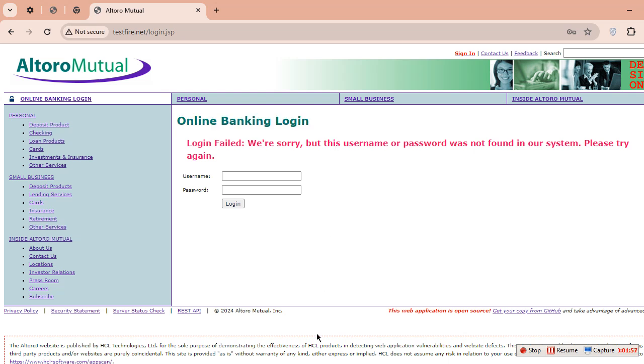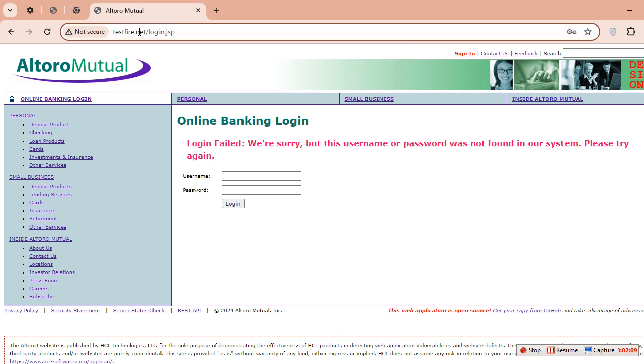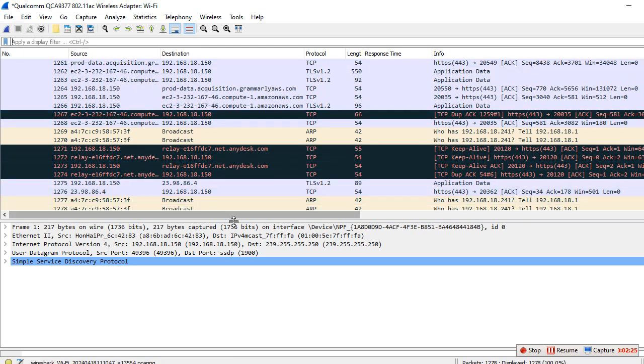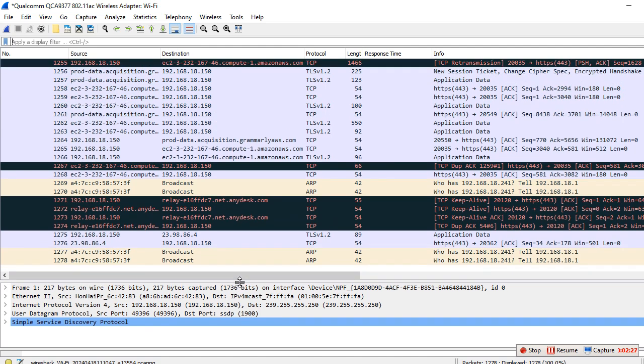Okay, now we can check whether somebody in our network is using this site, which is HTTP and not secure. If somebody is trying to access any website and its credentials using a username and password, we can capture it. Now we can come to Wireshark, just stop it, and then we have to capture the username and password packets.